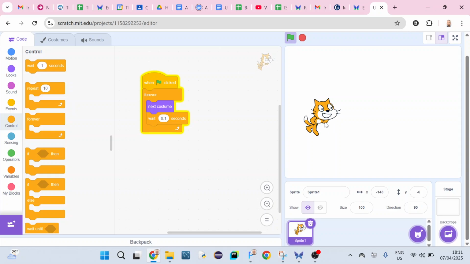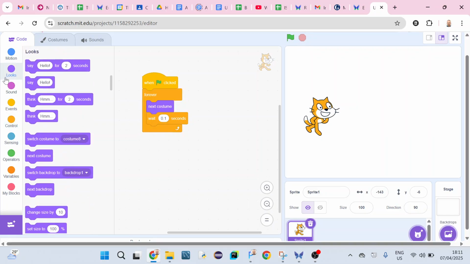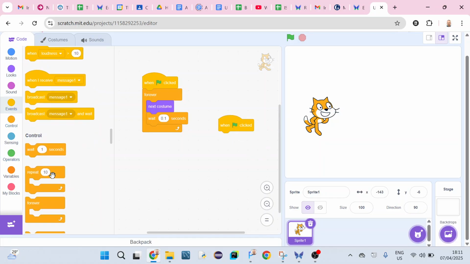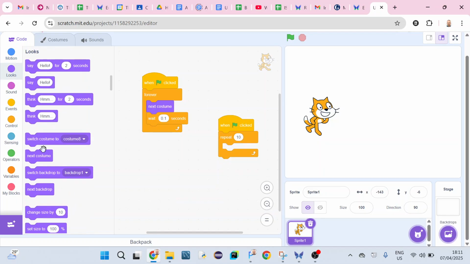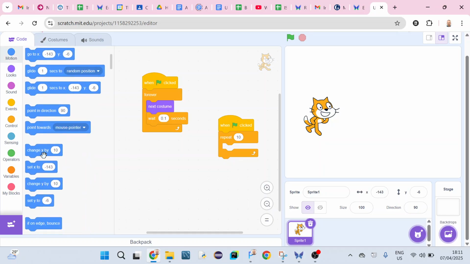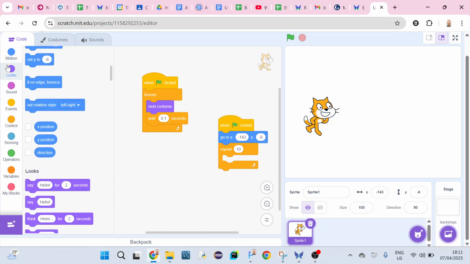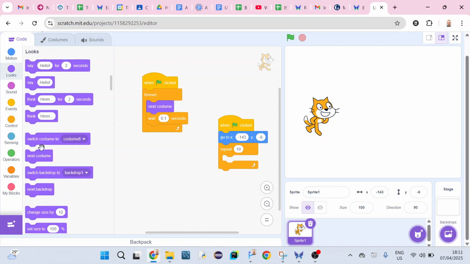Again, it's not ideal, look at this kind of neck bit sticking out, so you'd want to get that fixed better for yours. We could also have him moving. So in here, we can take this, and then maybe we're going to repeat 10 times. Now at the start, you probably want things to reset to their original position. So in my case, he's going to reset to the original position, and then 10 times we are going to